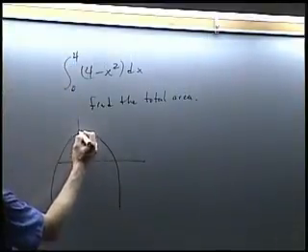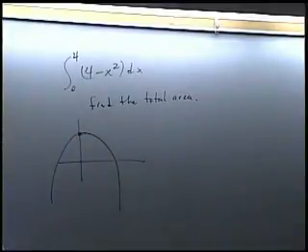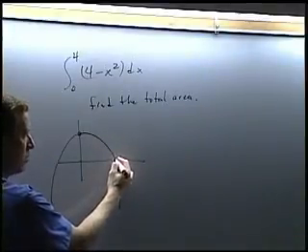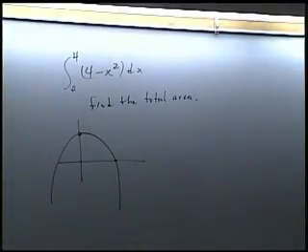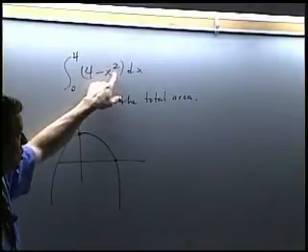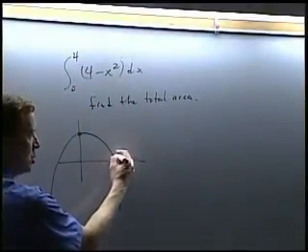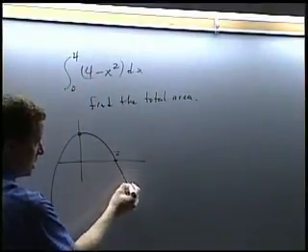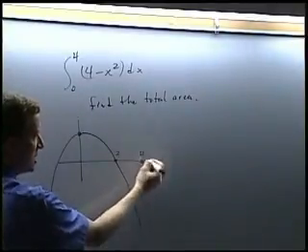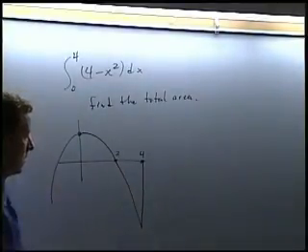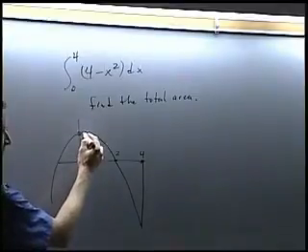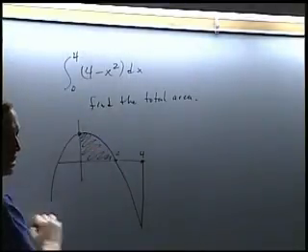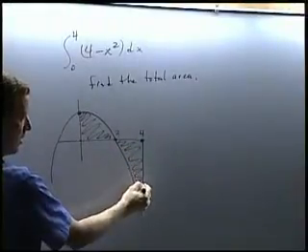Well, I know where 0's at. That's right here. I'm not quite sure where 4 is at, though. First question that I might want to know is, where's this intercept over here? What value could I sub in for x to come out at 0? I could sub in 2, right? If I sub in a 2 here, that zeroes it out. So this is over here at 2, and I'm going to exaggerate this a little bit, so somewhere over here is x equals 4. So I've got a region here that's going to be calculated,